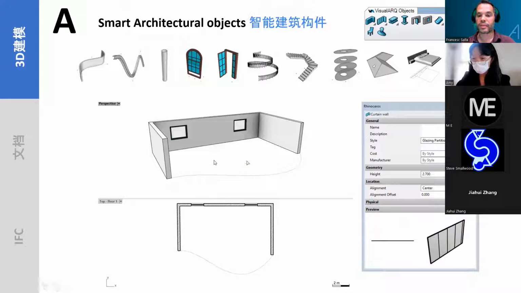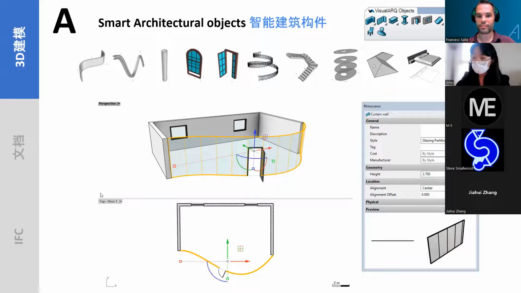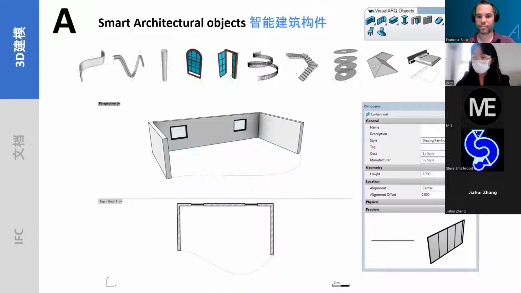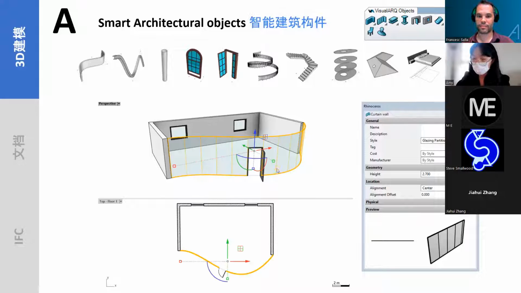And also, these objects have a different 3D and 2D representation. 好，那我们看到这一部分是智能建筑的一些构件。下面这一排是 VisualARQ 本身带有的一些构件、组件，我们可以直接用这些组件，对所建的模型进行设计和更改。